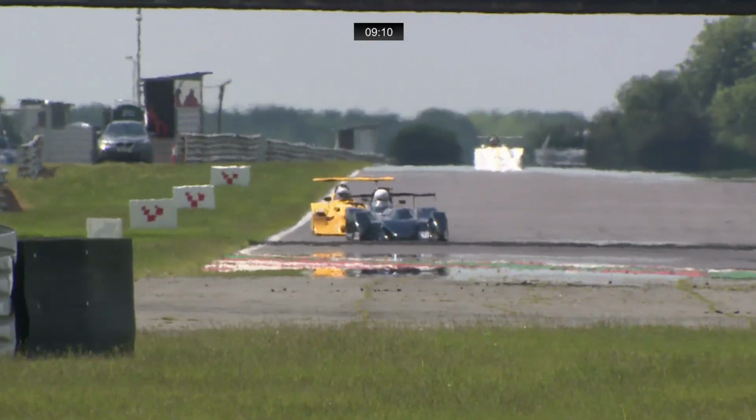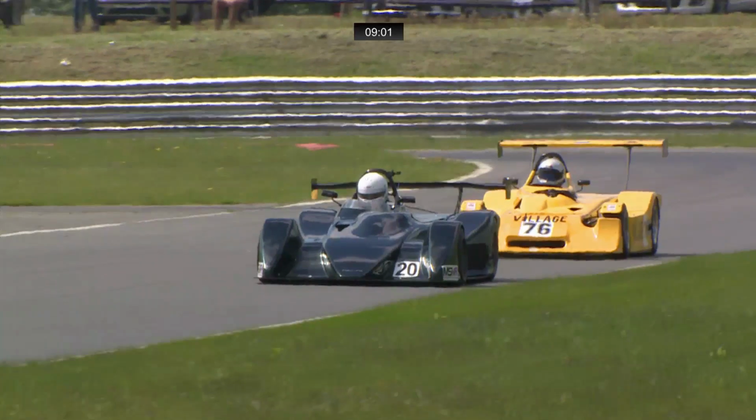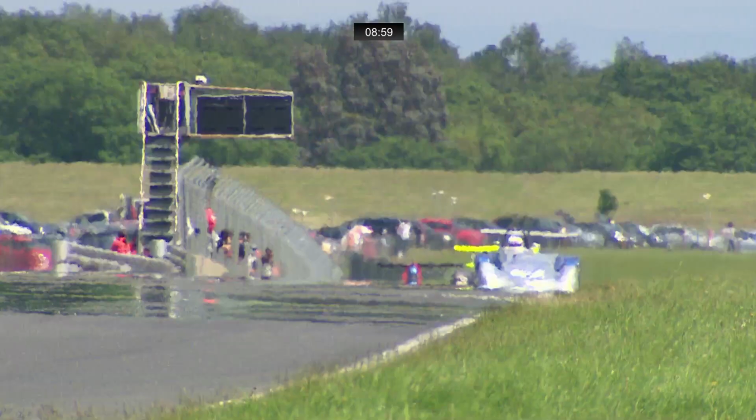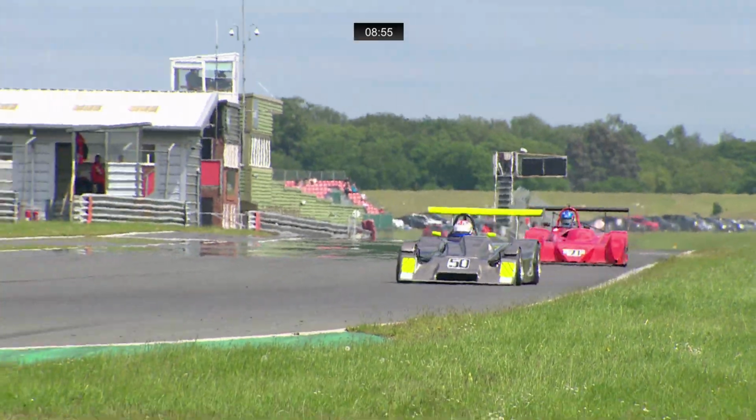And that's another one of the Phantoms on the grid, isn't it? Which was the company that Chris Greville-Smith and Richard Cresswell set up back in the 70s. Alex Champion now runs that company, and it's his car. He's preparing it, and he's actually organised the prize fund. And the Phantom was designed by...